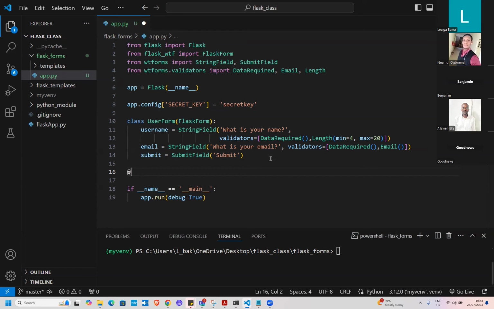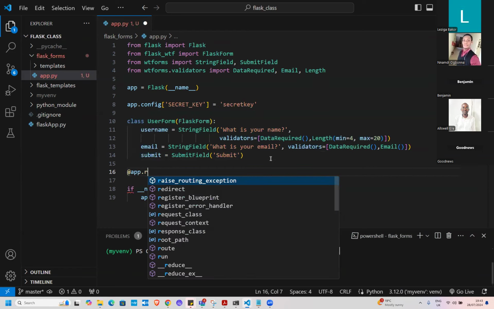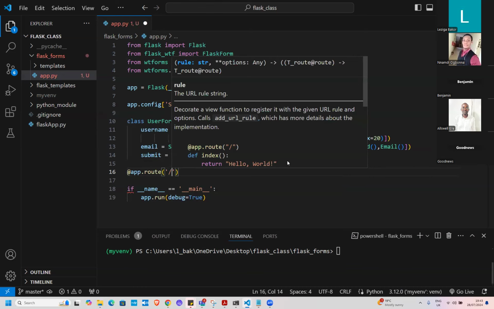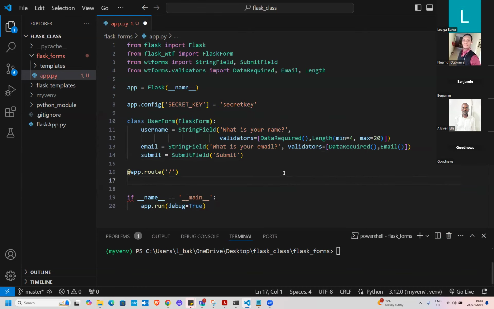So we can have at app.route. Let this be our home page, and we can just call it index. So this is our index page where we are just going to see the form, because like I said, we are just doing a simple application. Okay, so we can just have that